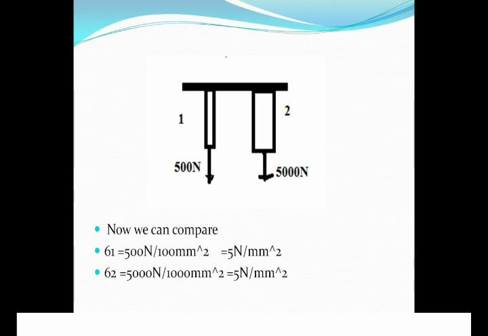When we go for the comparison, the unit strength of the material is usually defined as the stress in the material. The stress is expressed symbolically as sigma. Sigma is equal to P by A, which we have seen in the previous slide, that sigma 1 is equal to 500 by 100, where P is the applied force, A is the cross section of the bar. This will represent the stress accurately at all the points in the cross section. The condition under which the stress is constant or uniform is known as the simple stress.